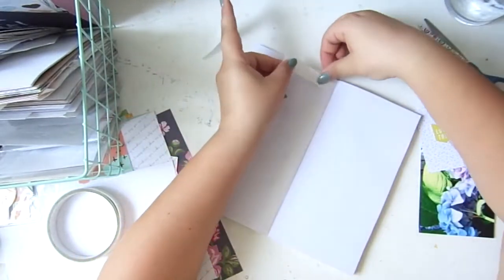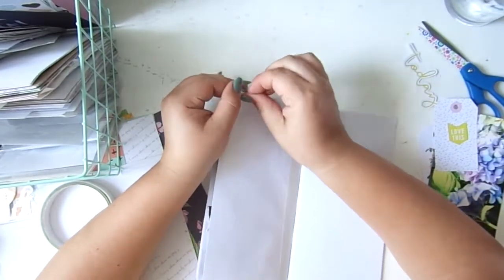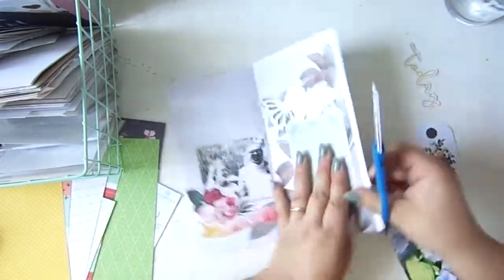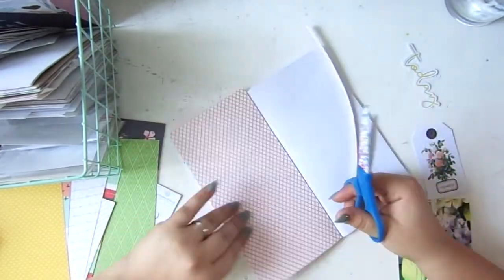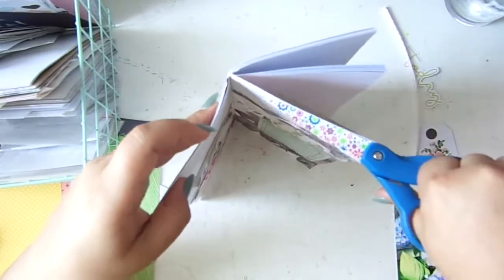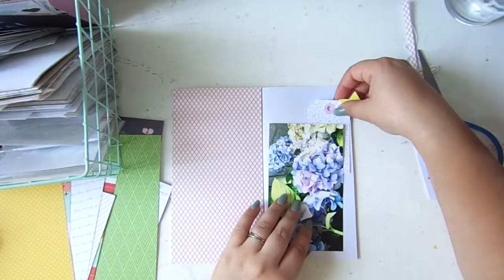In fact, I should say that I think Traveler's Notebook process videos are pretty different from the regular 12 by 12 or 8.5 by 11 ones, because this is a spread more than a layout, if that makes any sense. So when I describe it, I'm describing it differently, but if you guys are liking it, just let me know, leave me a comment. And of course, if you have any links to sketches for Traveler's Notebooks, I'd love to check them out. At the moment, I kind of just wing it and go with the flow